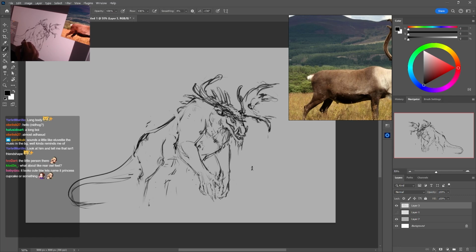Ooh, owl feet would be interesting. Yeah, that structure could work. Let me find some owl feet.